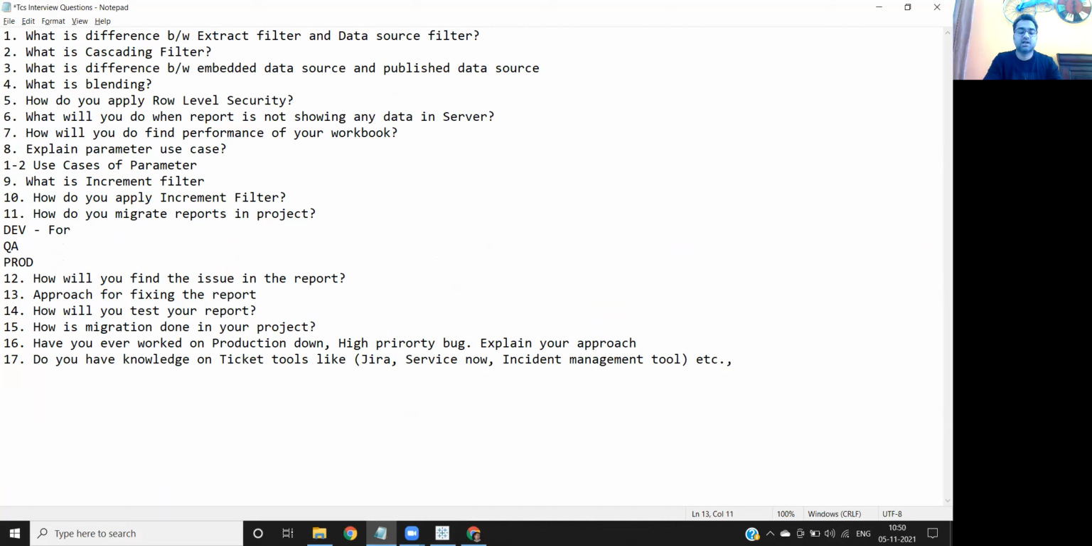So dev is for development of your reports, and QA is for testing of the reports, and then production. Once all the development is done, all the testing is done, and the users are fine with that, they give the sign off on the report,